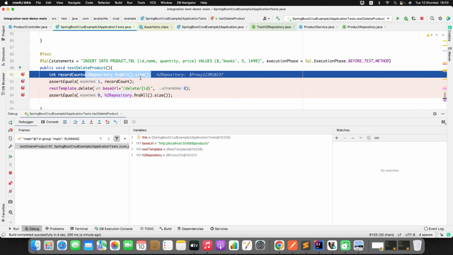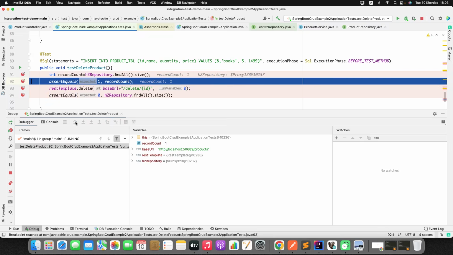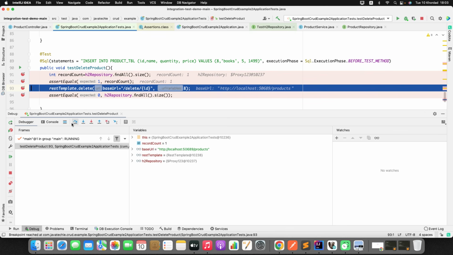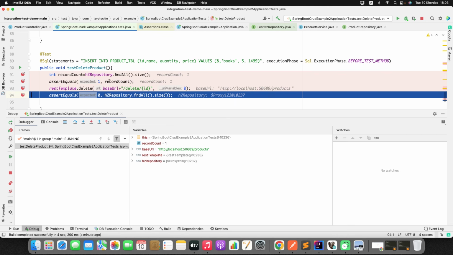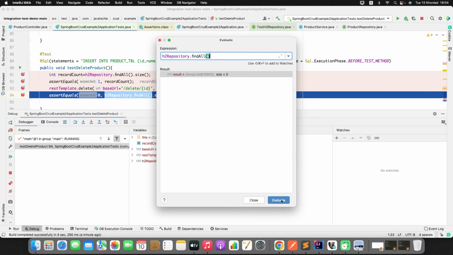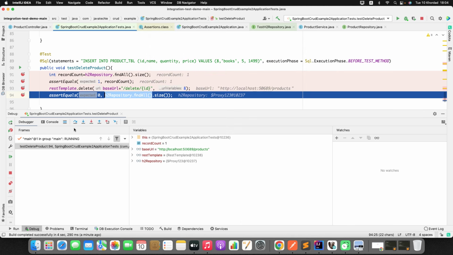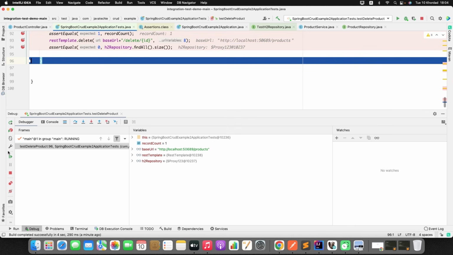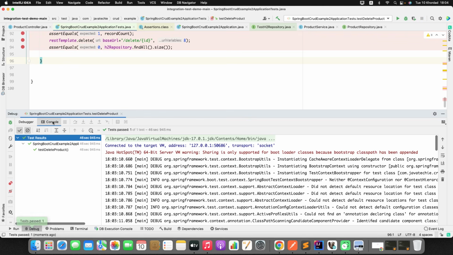Now let me close this. So the first assert statement should pass now. We are good. Now it will delete the record. After this delete, if you verify h2 repo.findAll, you will get 0. That's correct, right? Because we are deleting the entry which is there in our DB. So it succeeded here. It passed, and if you see in the console,